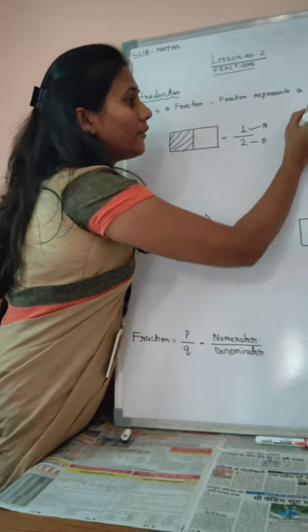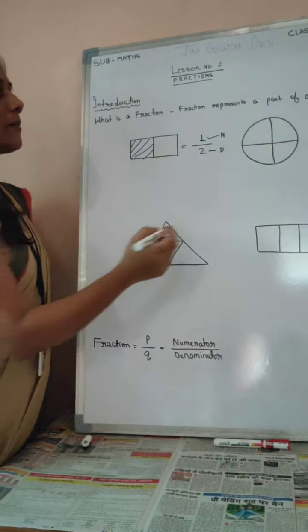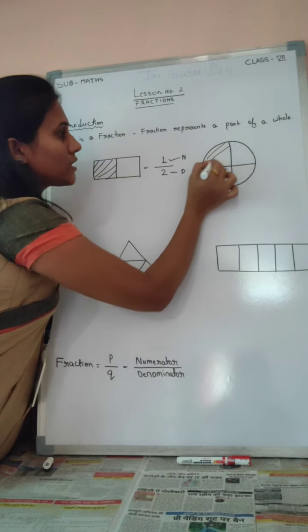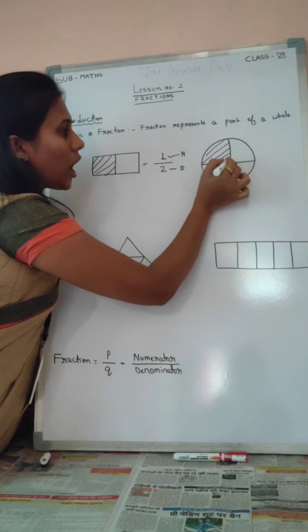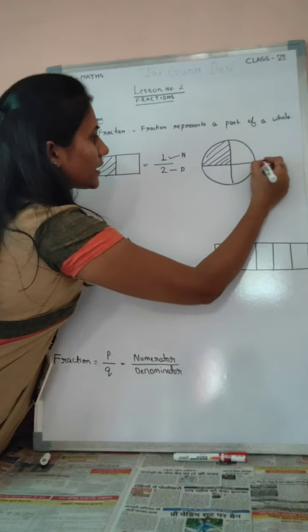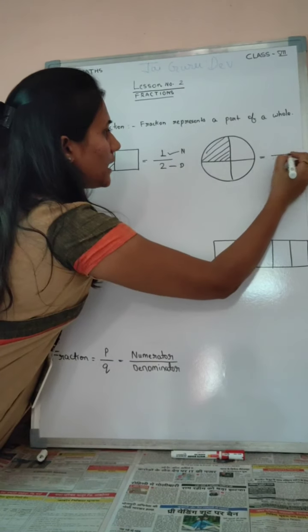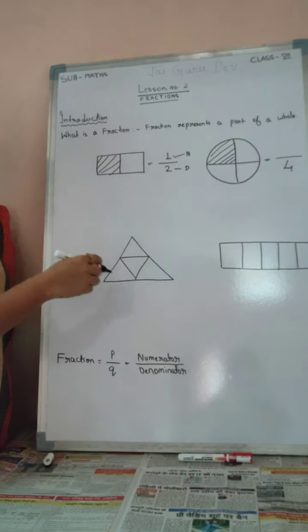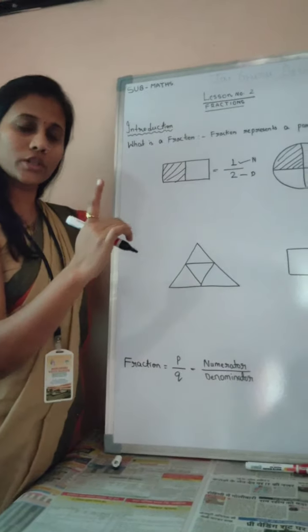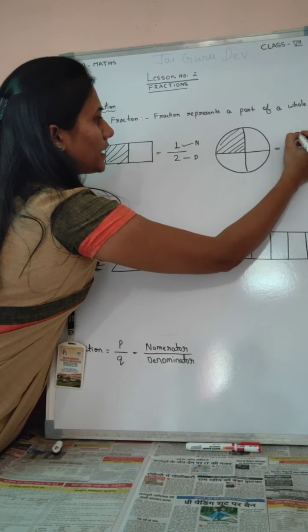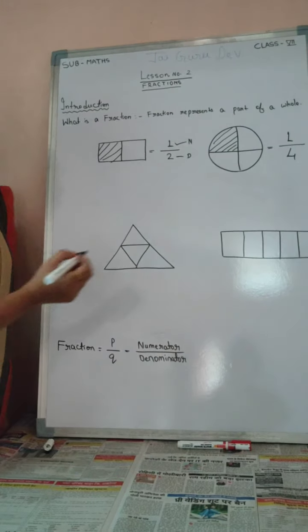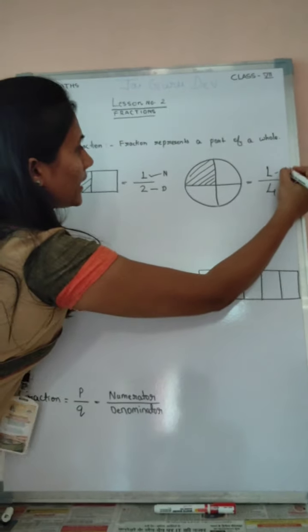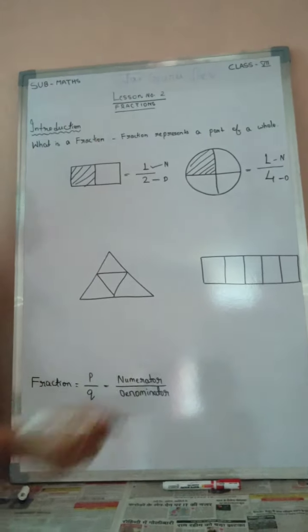So if the total number of members in your family is 4, obviously one member will get one part. So if I shade this one portion of the pizza out of these 4 portions, the fraction is written as: the total number of parts in this whole is 4, and from that whole you will get one portion, that is the shaded one. So it can be written as 1 by 4. So the fraction of this pizza is 1 by 4, where 1 is the numerator and 4 is the denominator.